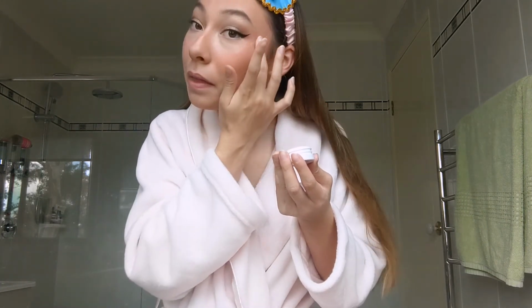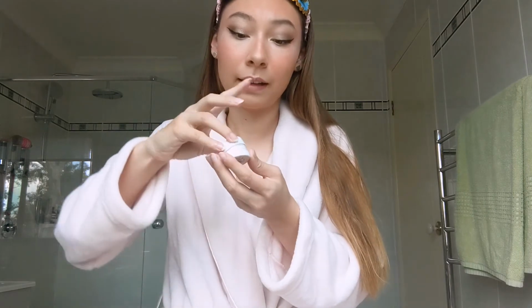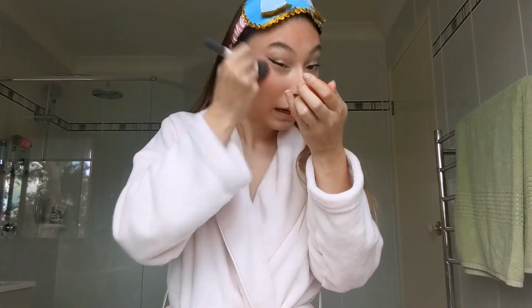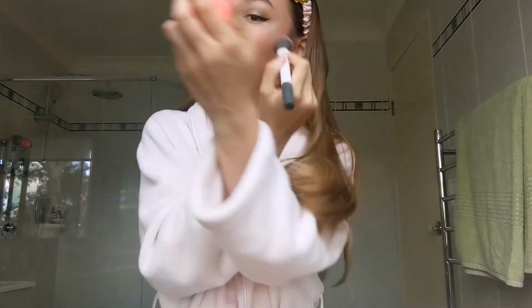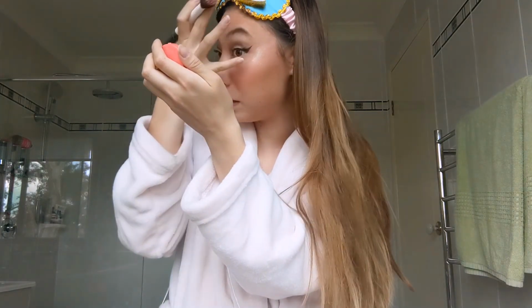Okay, this is it. I'm gonna put it on my cheekbones. I'm feeling like it now. I'm gonna put it there and there. I'm just gonna blend it around with my little highlighter brush that I used earlier. Oh my gosh, it's so pretty. This can be used as a highlighter too. It's not too chunky of an eyeshadow to look weird as a highlighter. I should use this as a highlighter more often really. Because it's not too cool toned and it's not too warm toned. It's like a neutral champagne-y, taupey kind of shade. I don't know if that makes any sense, but